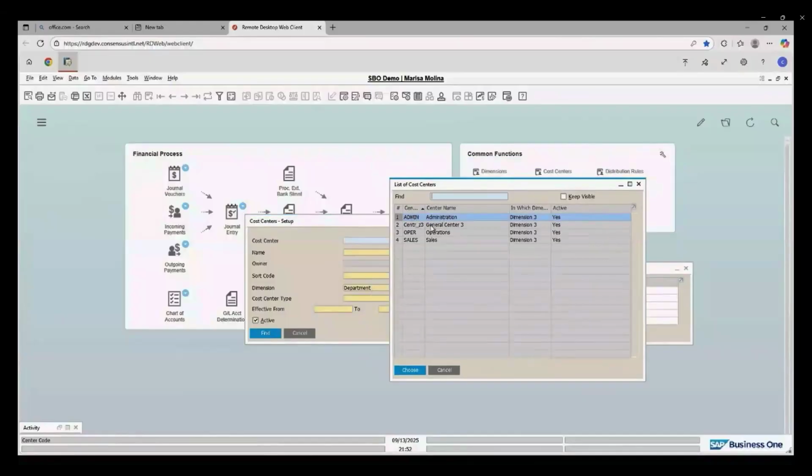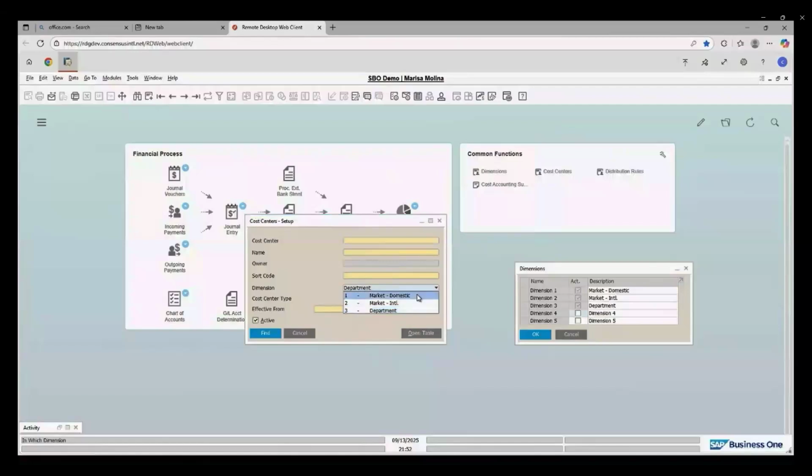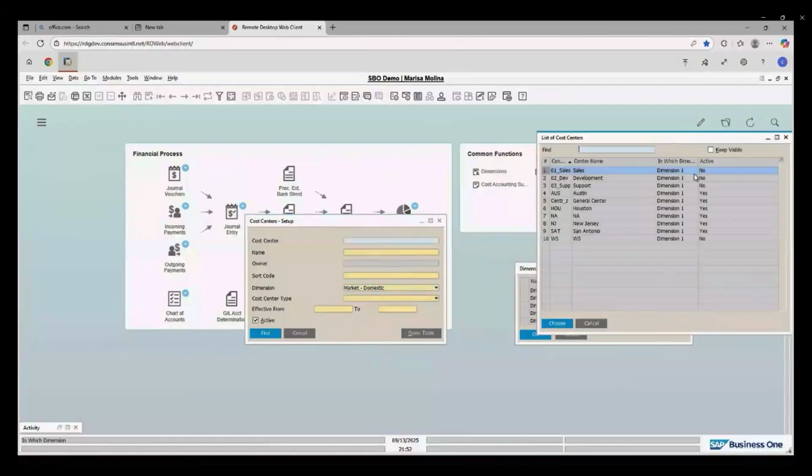Please notice this one. In line 2, you have General Center 3, right? If I go and look for my other 2, let me just close this one and let me go to market domestic. And then in here, you will see in line 5, General Center Z, right?